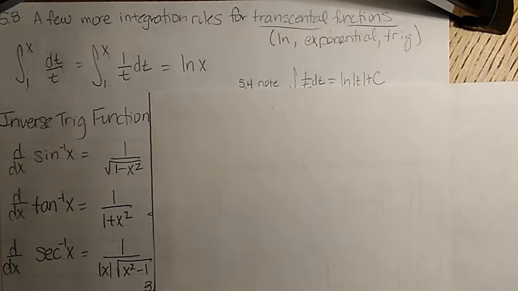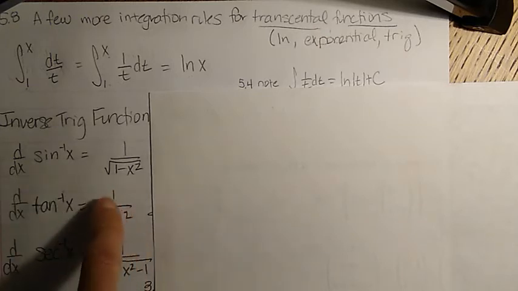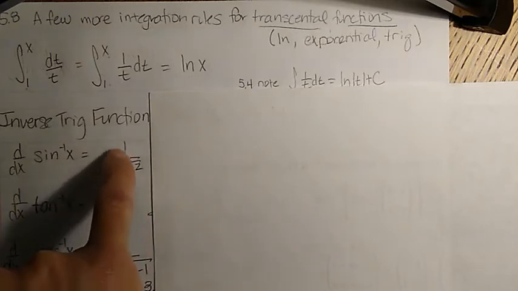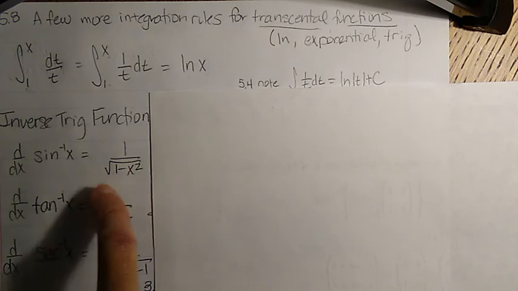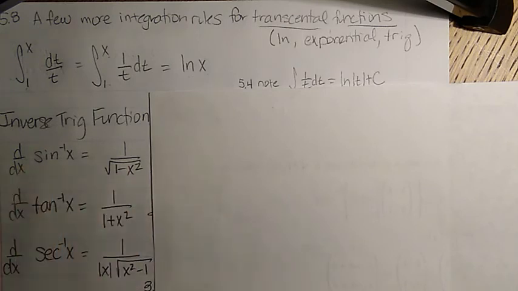And if you recall, the derivatives of inverse cosine, cotangent, and cosecant were very similar, except that they had a negative sign. These were real easy to memorize. You just had to memorize half of them and then flap a negative sign on for the other ones. Well, if you integrate a function with this form, you get an inverse trig function. And if you integrate a function of this form, 1 over 1 plus x squared, you get an inverse tangent